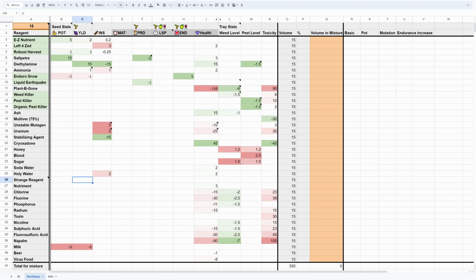Ignore it for now. Blood, sugar, honey, they all increase the weed level and pest level. But the honey has some special mechanic related to pollination, but ignore this for now. It's not worth using it. Peroxidone is the best